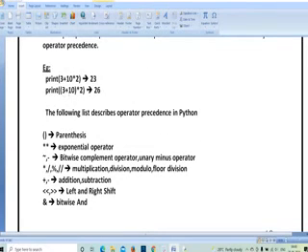Now print 10 plus 3 into 2, with 10 plus 3 in brackets. Here 10 plus 3 is one set, and there is no relation with 2. So first it performs the inside value, 10 plus 3 is 13. After that it performs the result 13 into 2, which is 26. The way of defining the above statement and the below statement is different.